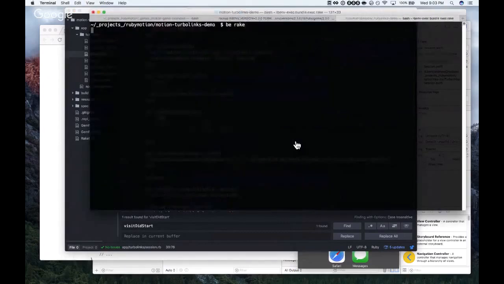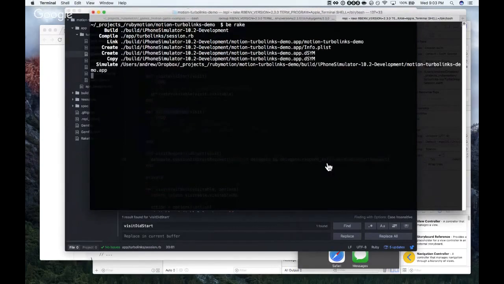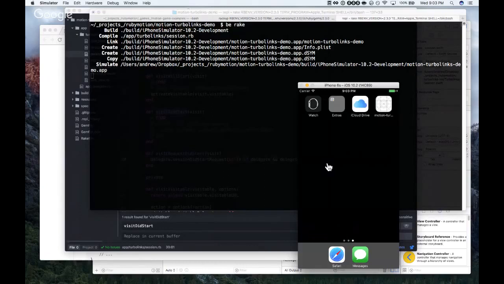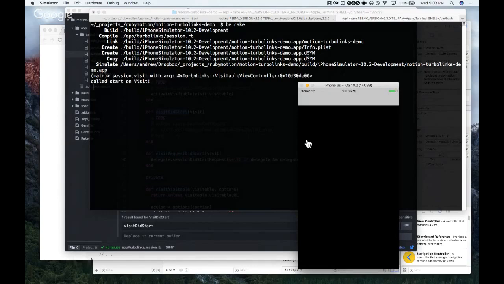I can never remember what it is. I would think that it should be responds to, and I think it would read better if it was, but I think it's one of those cases where it's just not named that. Yeah. All right. We made it. We still see nothing.